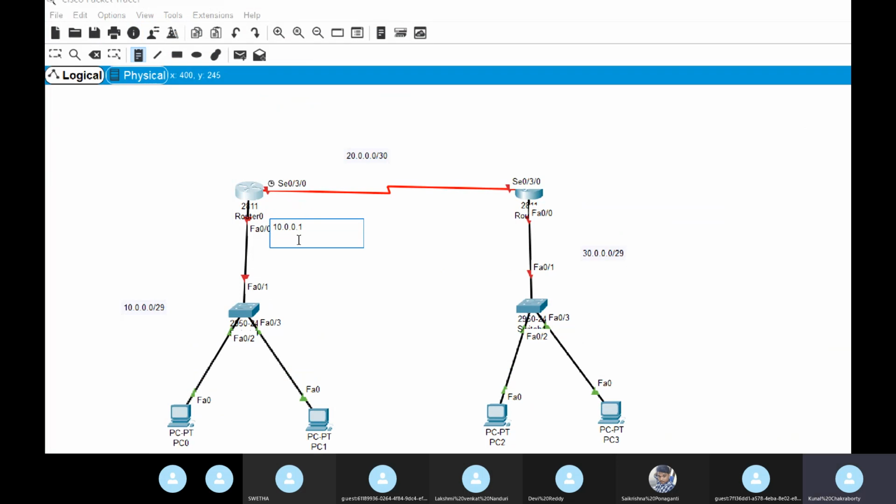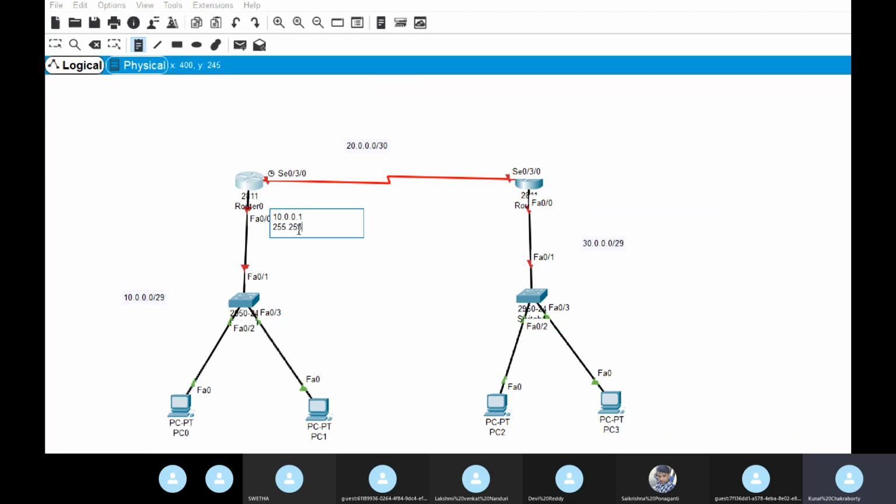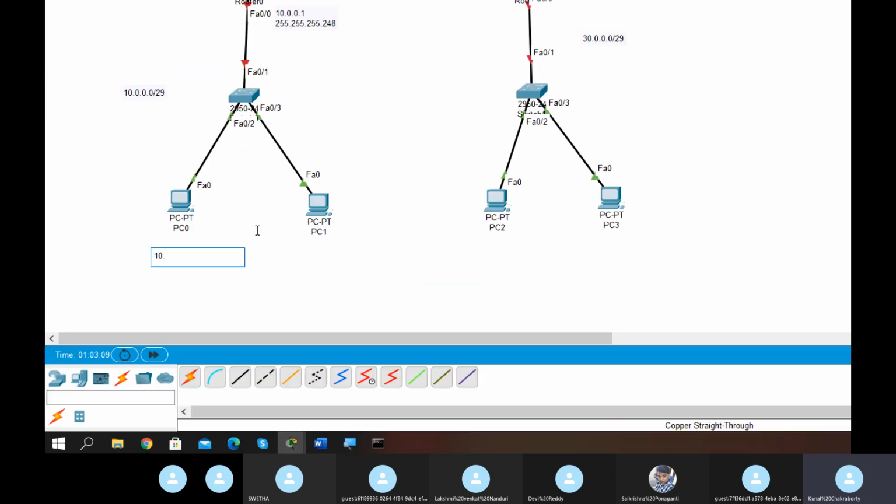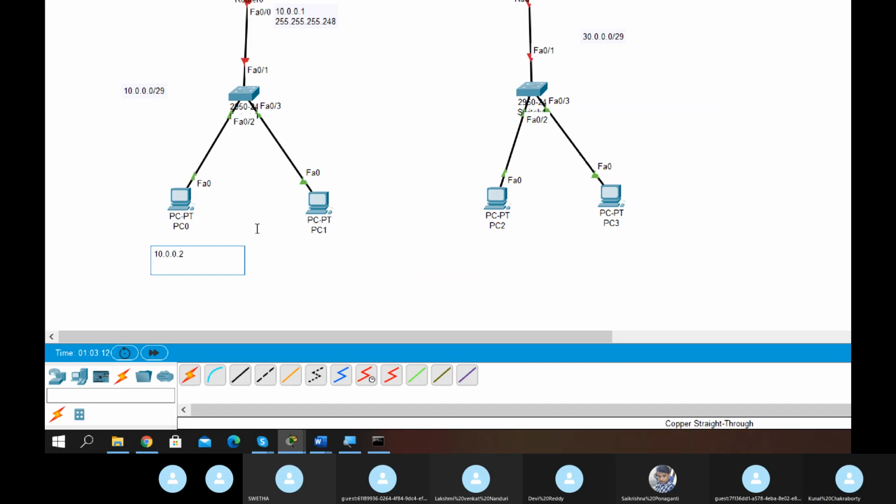Can you tell me the subnet mask of /29? 244? What is the subnet mask?